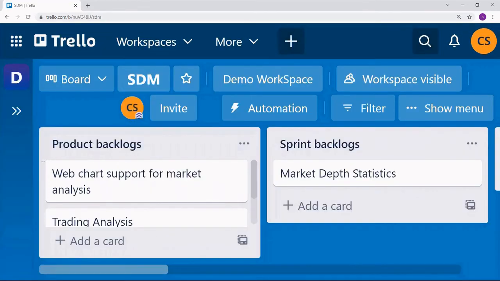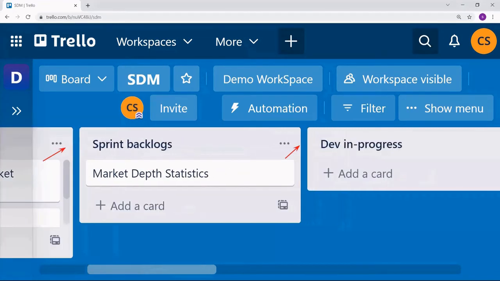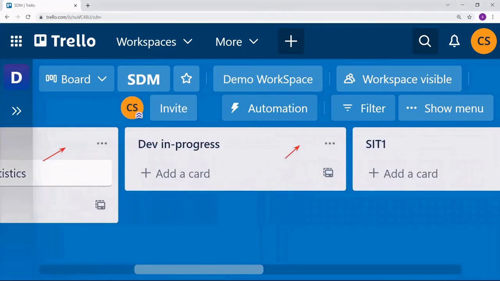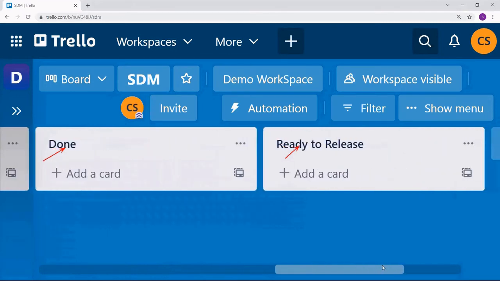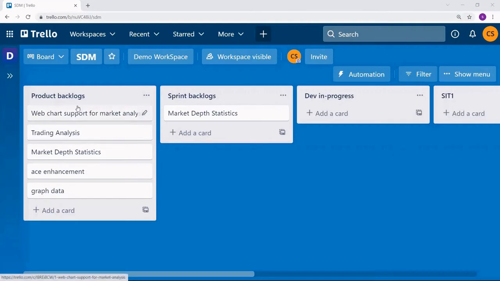I added one list, product backlogs, second one sprint backlog, third one dev in progress, SIT1 and done, and ready to release. Under product backlogs, I have added these items: web chart support, trading analysis, market depth statistics, AS enhancement, graph data.